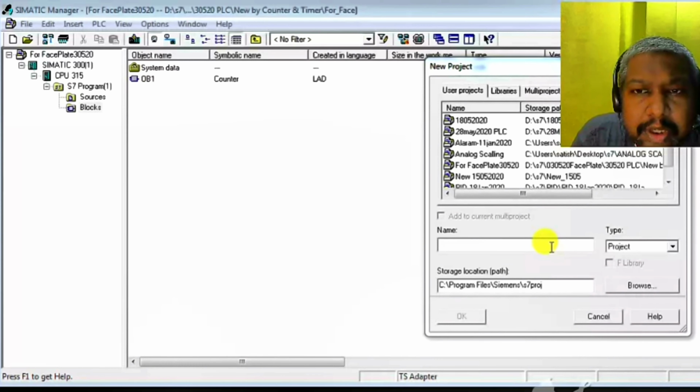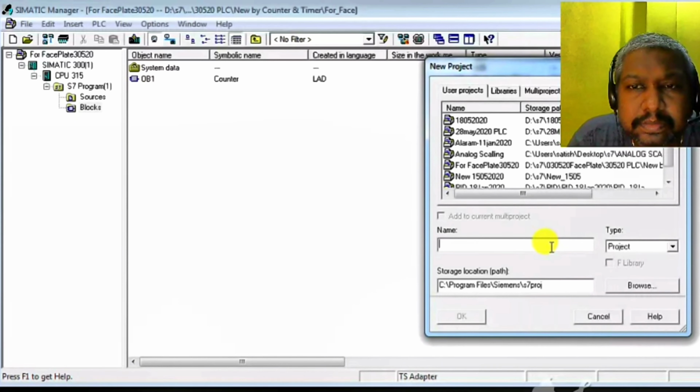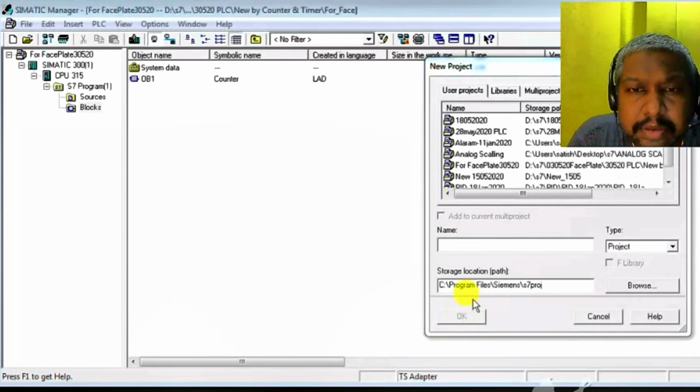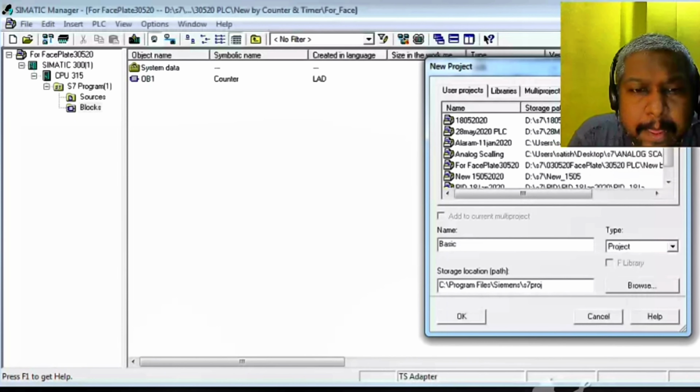You can type that, basic program. Okay, this is the project name.